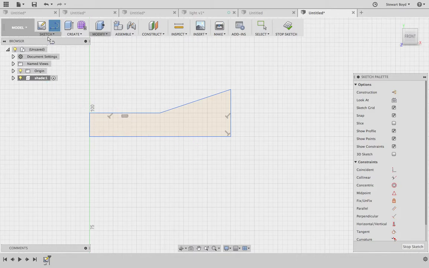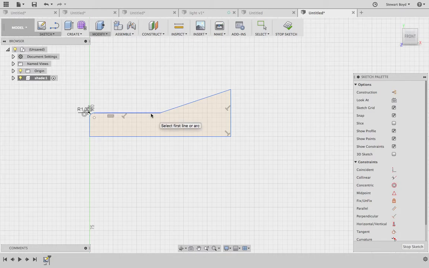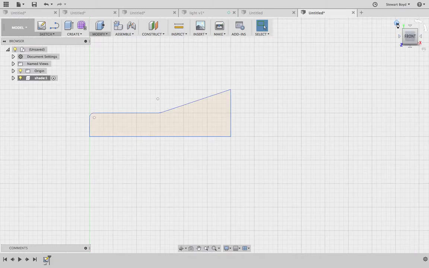Now I would like to actually fillet this back edge here and here, automatically defaults, and then I'd also like to fillet this edge just to take away that sharp area there, so between that edge and that edge, and it automatically defaults at 3, and I'll leave that as it is, press enter, and then I'll stop that sketch,